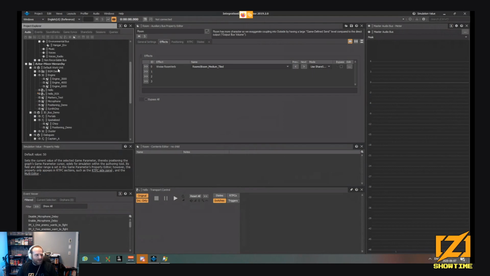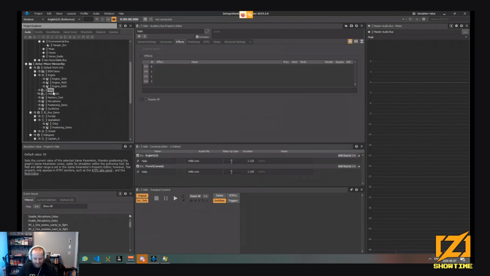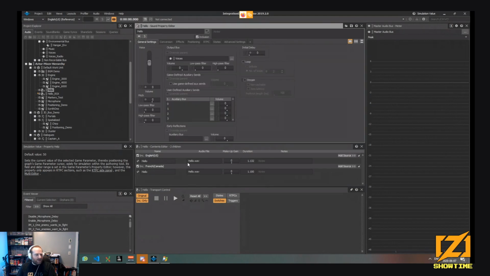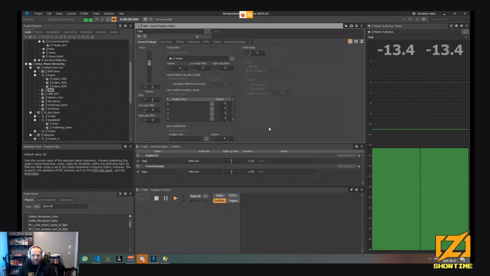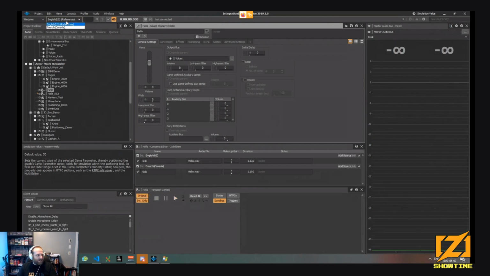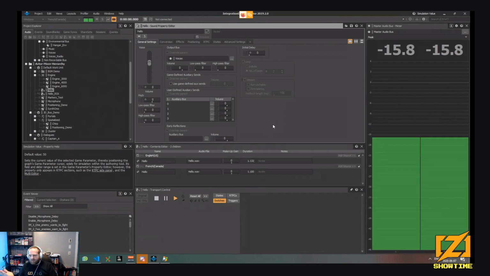In the actor mixer hierarchy, this is where you define sounds. Here we have the localized sound we played earlier. As you can see, we have English and French Canada. So if you play the Hello, how are you, and then switch to the French language and play the same event, it plays the French audio. Bonjour et bienvenue.